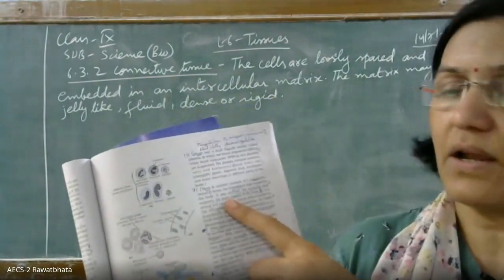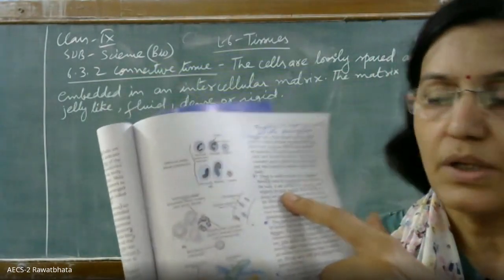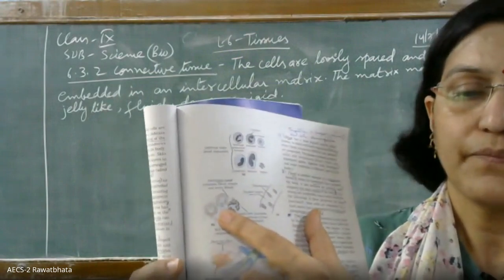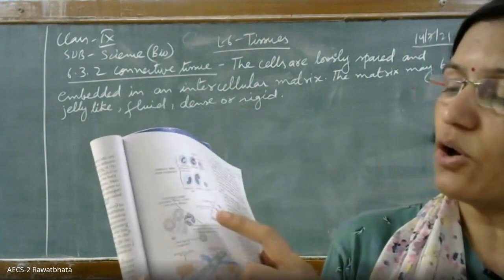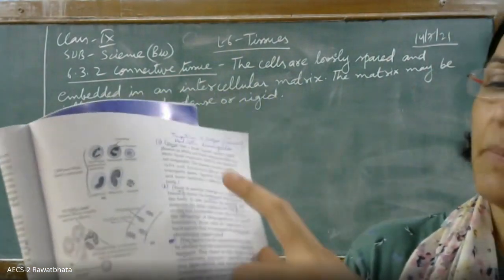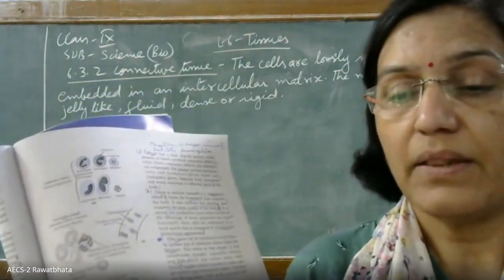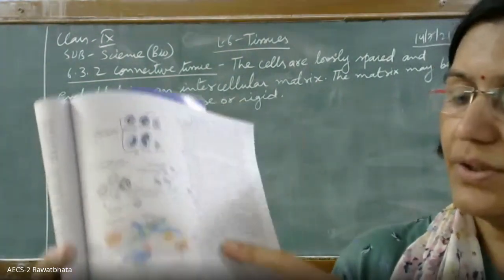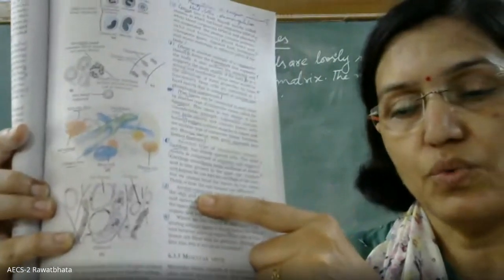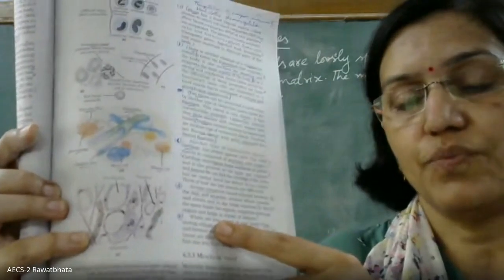The second paragraph you may label as B, because it talks all about bones, and this is the diagram for bones. Then they are talking about cartilage, for which you are supposed to leave one more paragraph. That means the first, second, third paragraph you are supposed to leave, and the fourth paragraph you label as C. There we have the details of cartilage. In the next paragraph we have the details of areolar connective tissue, D, and E is adipose connective tissue.